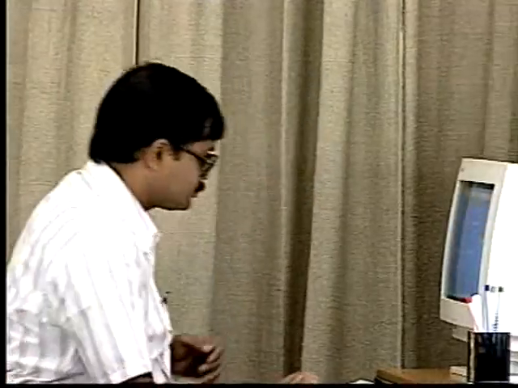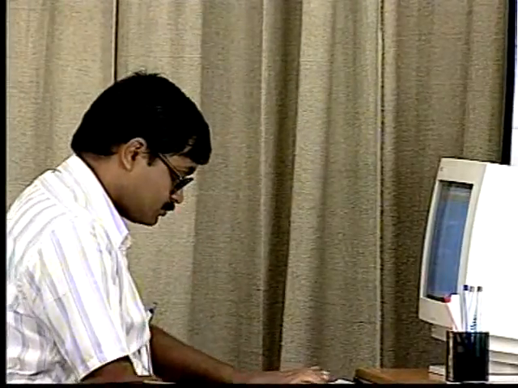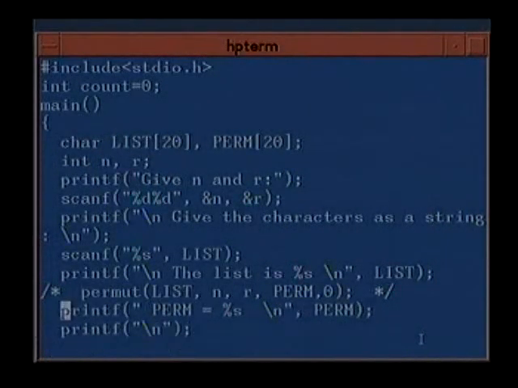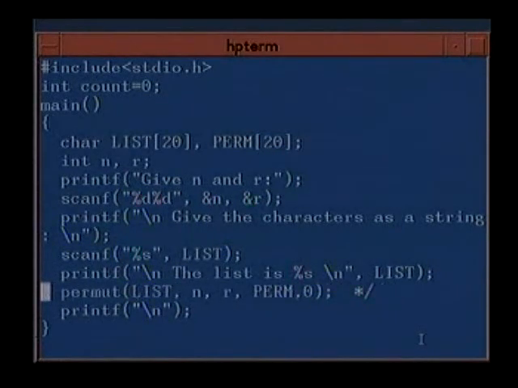So let's have a look at the program now. Let's remove the comments. So this is the main program which we were working on: character array list, integers n and r, read n and r, give the characters as a string, print the string, and then call it with list, n, r, perm, which is P, initialized to 0.